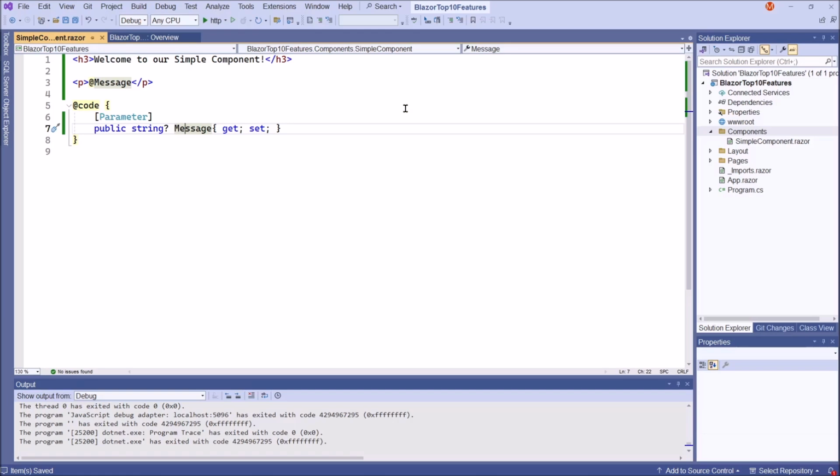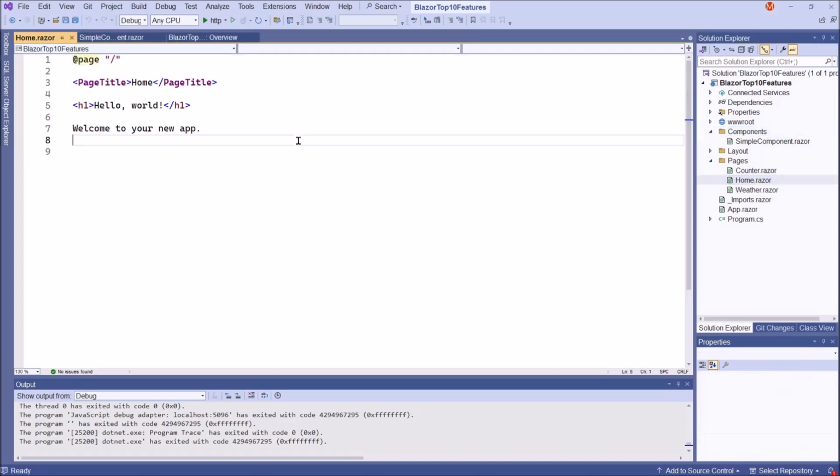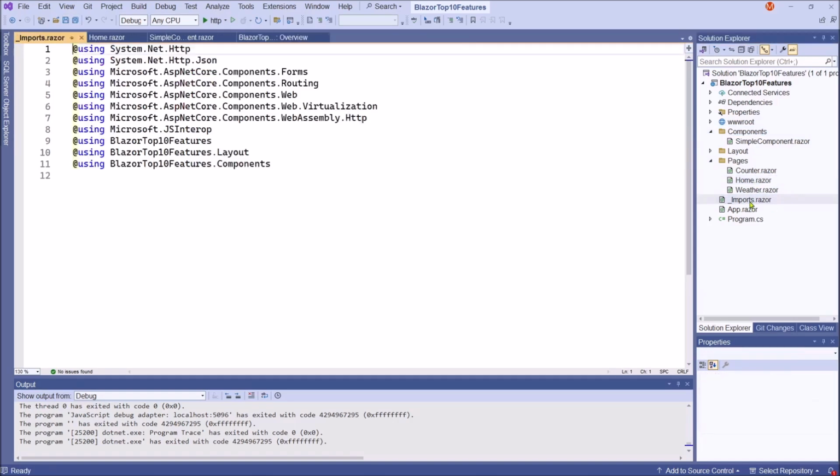Okay, let's use this simple component inside a web page, for example, the home page. Let's go to the home page. It's so simple to use this. Let's go to the home page and then we can just use it here. Before that, one thing, we have here one